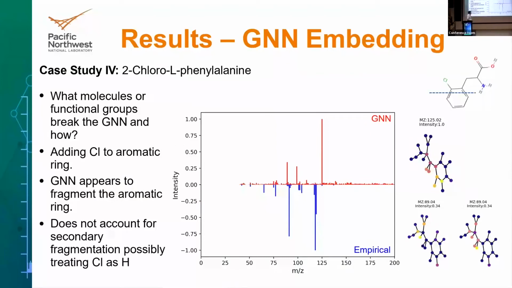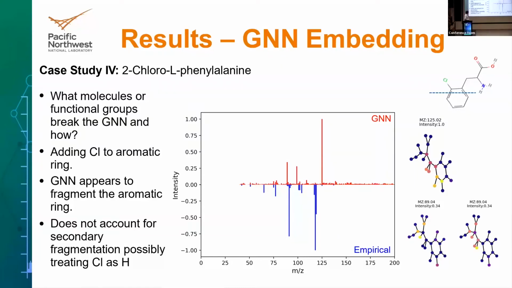So finally, I wanted to wrap things up with a case where things actually start to break apart, going back to those molecules that were the common suspects with the GNN, where it actually starts to break performance. Looking at 2-chlorophenylaniline, we can see a clear classification for the base peak in the spectra at 125 mass to charge ratio, where the GNN seems to want to split apart the molecule, or split apart the aromatic ring, which I could imagine would be fairly non-physical for this particular